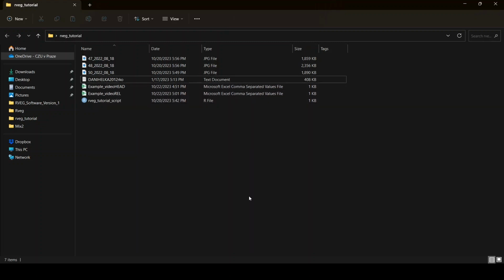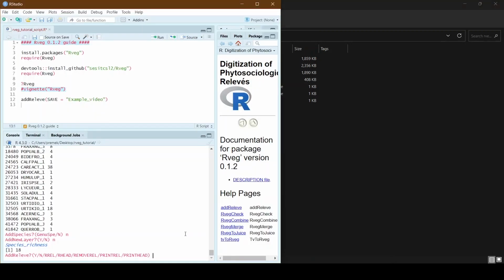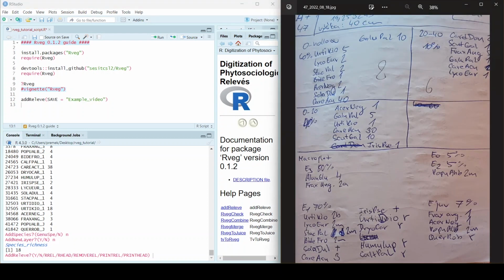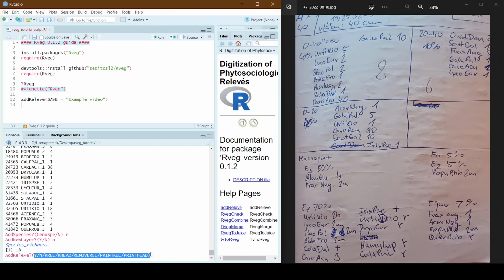So already now, if we would stop writing and we would stop the script, we have our data saved. That's important to know. It's saved after every species. The releva database is saved. So now in the main menu, we have multiple options, and we will explain them later.